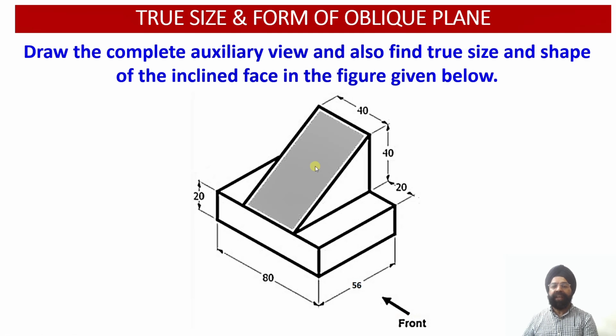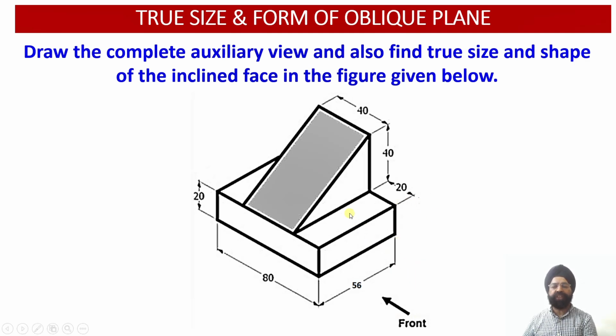So that is why we are not able to see the true shape of the surface in either view. The front view contains the edge view of the section surface, while the top view provides us with the shortened view or the apparent shape view of this section surface. So we are required to obtain the true shape and size of this particular cut section surface using the auxiliary plane method. So what we are going to do first of all is plot the front view